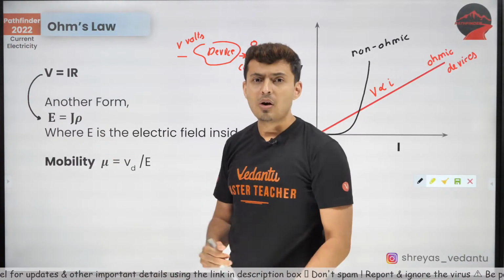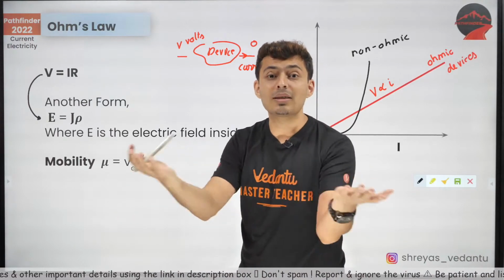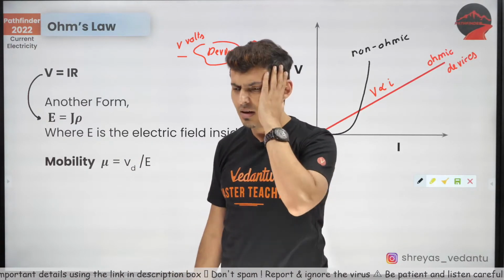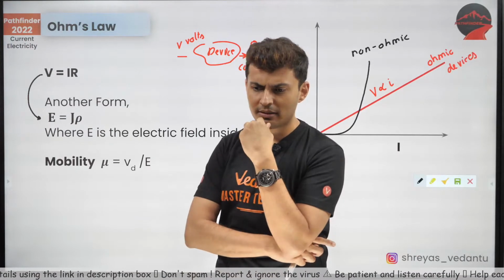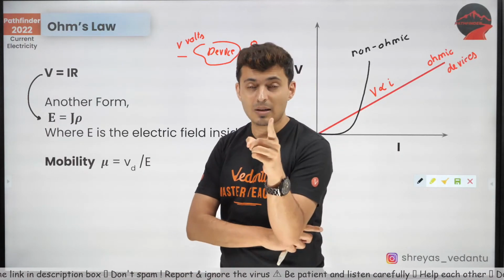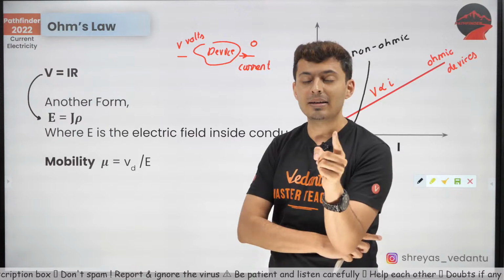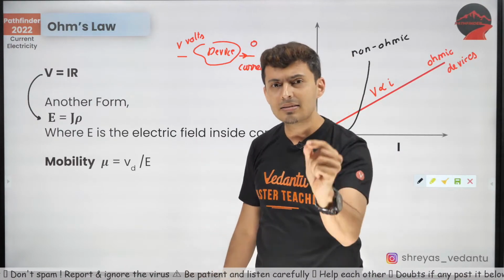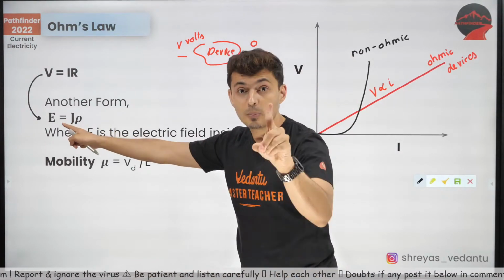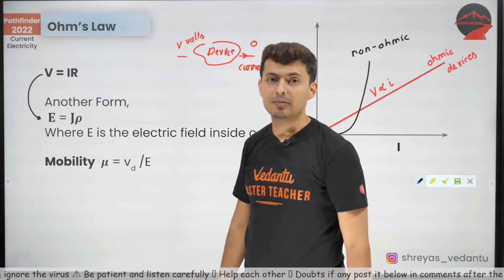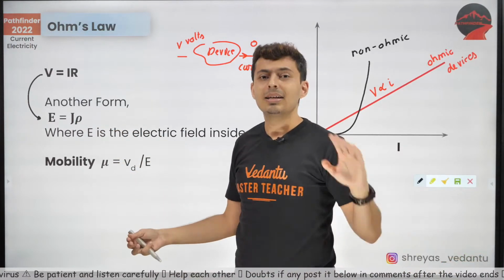This is a very important formula where there have been questions even in JEE Mains where J was given or resistivity was given, and they asked what is the electric field. People got confused. How do I find electric field inside a conductor? And this is very surprising. I mean, in the electrostatics chapter, we have studied that inside a conductor the field is 0. But over here, you are finding the value of the field. Like, sir, what is happening?